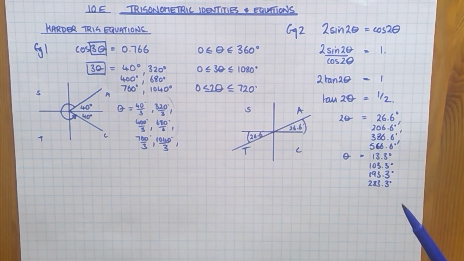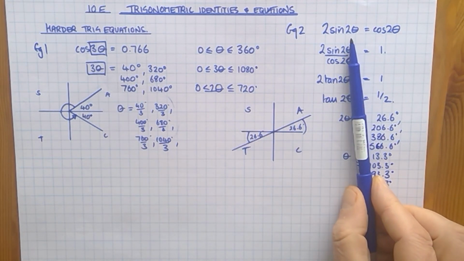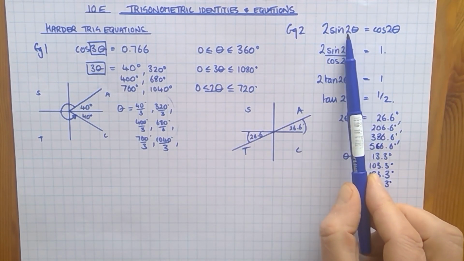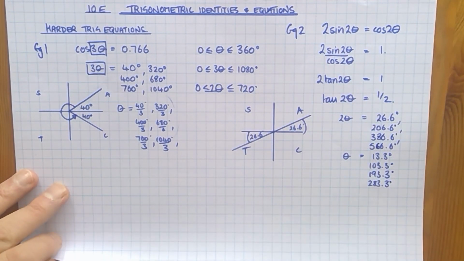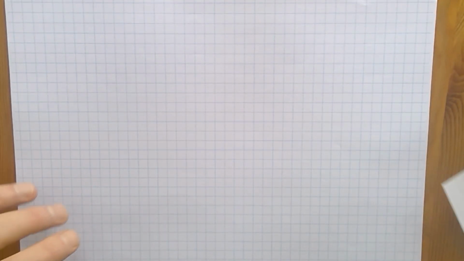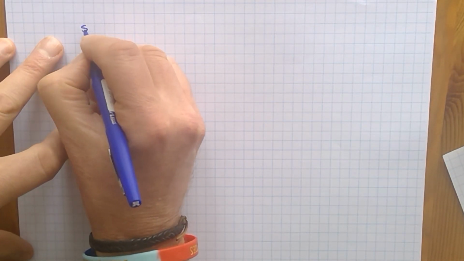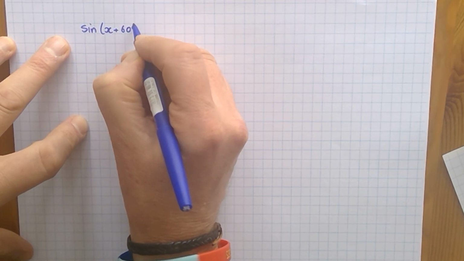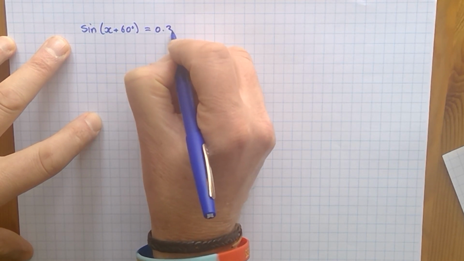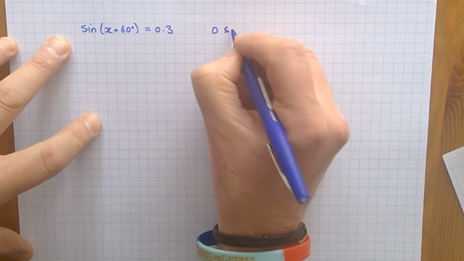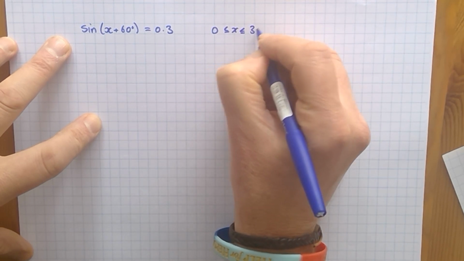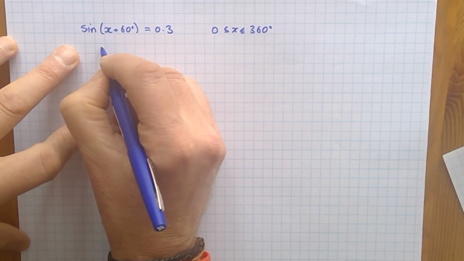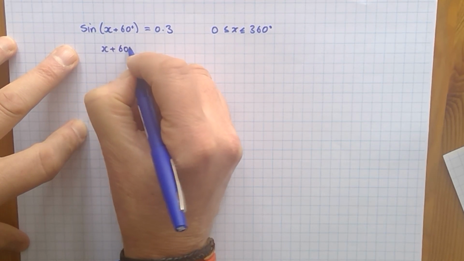Okay, one more. These ones we've looked at so far just have some multiple of theta, but we may also have something where we've added something on. Let's have a look at an example like that. So what if we're asked to solve sine of x plus 60 equals 0.3, and that's for values of x between 0 and 360. First off, find my primary value, so x plus 60